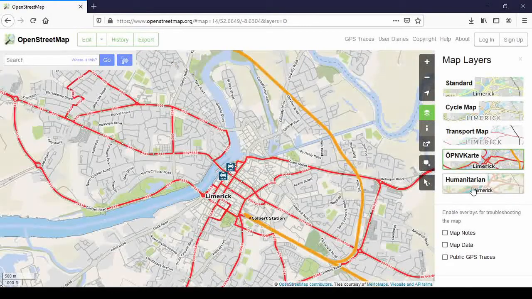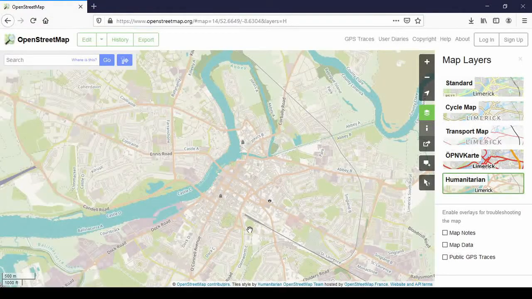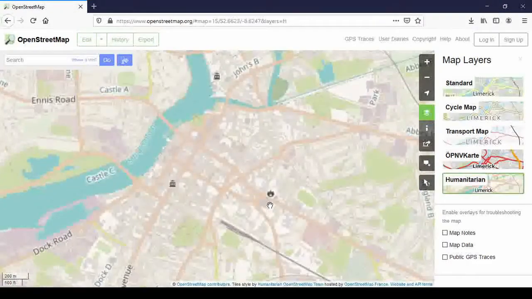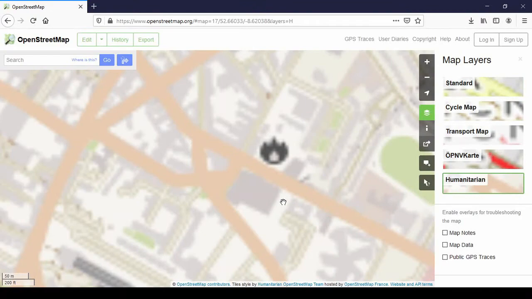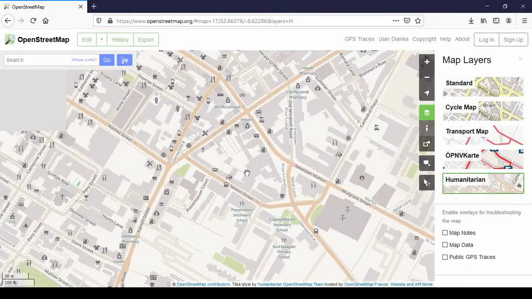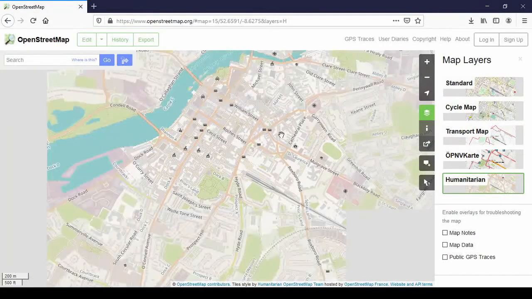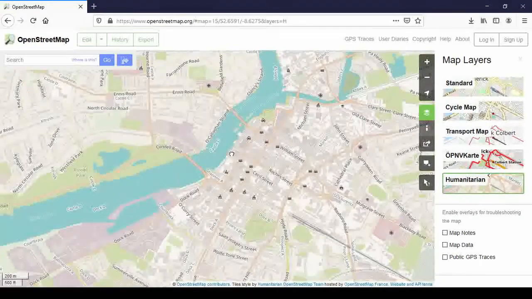And then the last map is the Humanitarian map, which shows all the roads and waterways and things like that, but it also shows the fire station and shops and so on. It might not be really that important for Ireland to have the Humanitarian map, but you see all the maps have different focuses. What's also interesting to know is, let's zoom in on